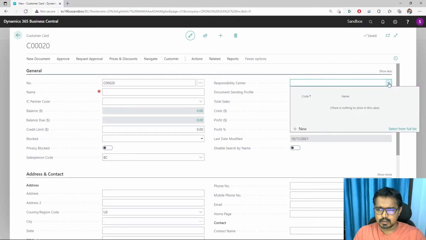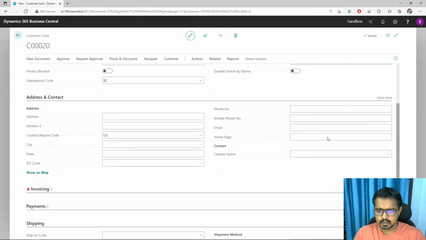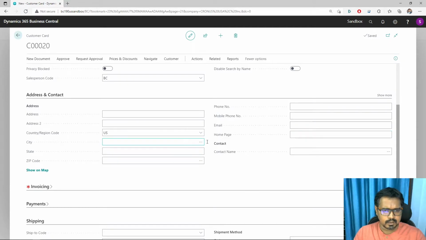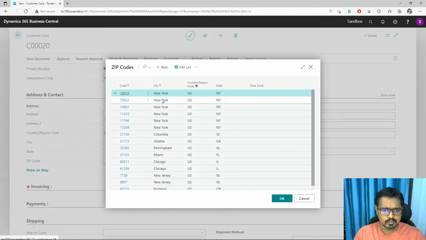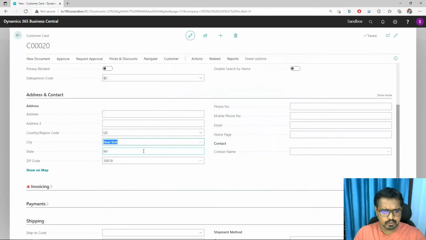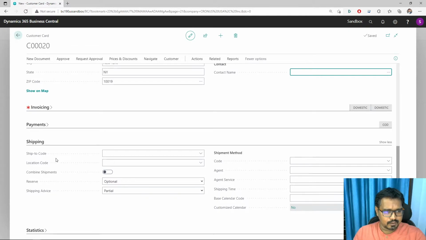My responsibility center, I don't use a responsibility center I guess at this point, but then I want to set that all my customers will have city, just to take an example, New York, state NY, and zip code 1009, and they all will have a home page as, let's say, my website, just to take a reference for the demo, right?